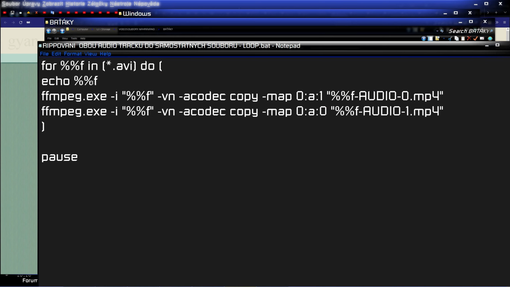contain. Echo the file name, which means it will write down the file name into the console itself, so you can see what's happening. Then it will call FFMPEG. It will input the file, the name of the file, and because FFMPEG is called in the context of the folder, it doesn't need to have a path, I think. VN, I don't remember what's VN. Audio codec, copy, and map the audio as the first